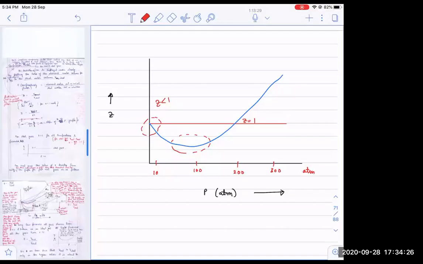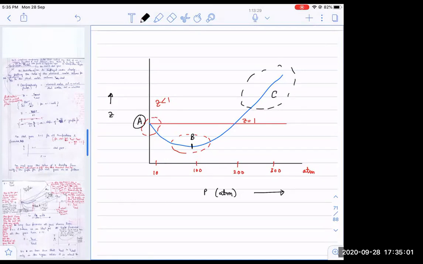Z is dropping very, very steeply. And here at this particular point, let me mark it for you, Z is at the least value. Let's say these are different regions. This is A, this is B. And then there is one more region, this region, the C region. What is so peculiar about this region? That Z has miraculously gone up and is greater than 1.